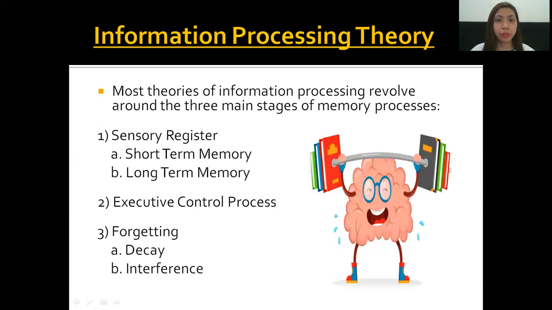Most theories of information processing revolve around the three main stages of memory processes. First, we have the sensory register, which holds all sensory information for a brief time. Under it are short-term memory or the working memory and the long-term memory. Now, the short-term memory can hold only 5 to 9 chunks of information, and it is called working memory since